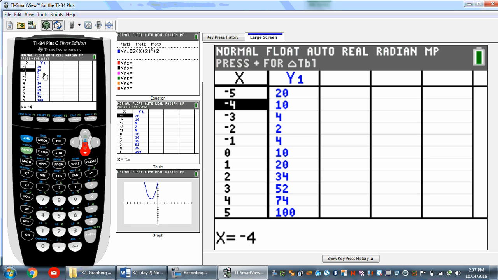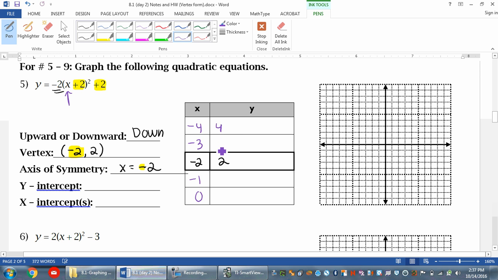So you're going to fill in all these values. So 4, 10, I need the 2, 4. All right, let's go ahead and plot these points. I have negative 4, 4, negative 3, 10,